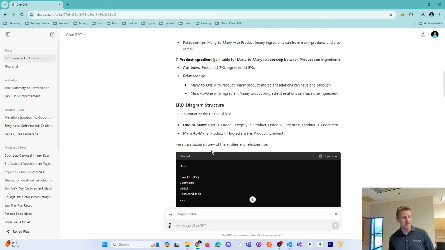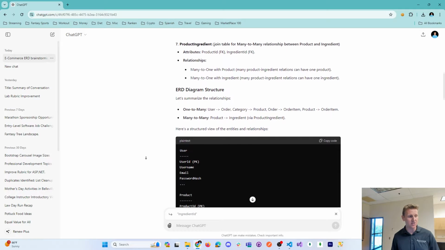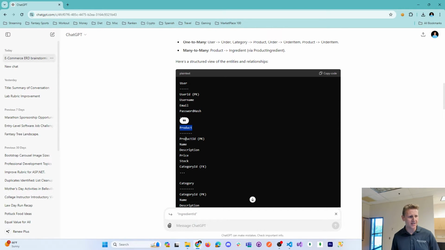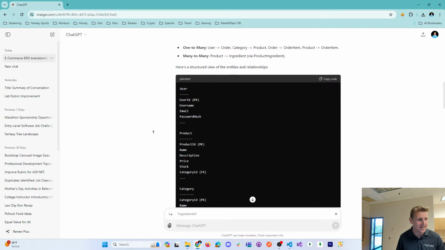And it continues. Here's a structured view of the entities and their relationships. So again, here's the table, the primary key on that table, and the fields of that table. Product, primary key, the fields, and the foreign key. Again, a product has a category ID. One product has a category ID. So go back up to